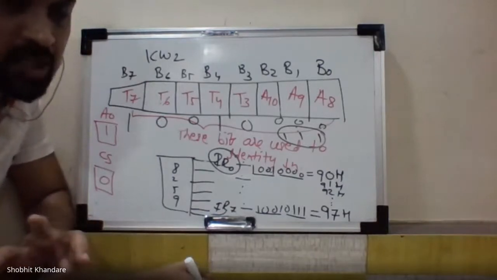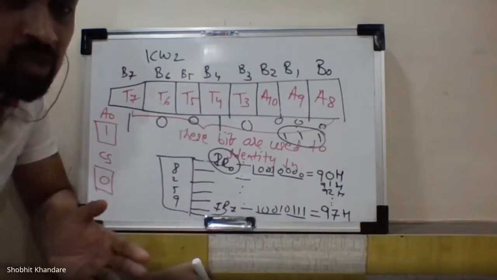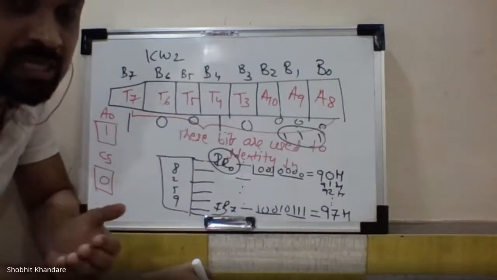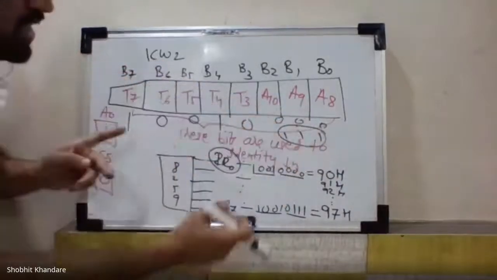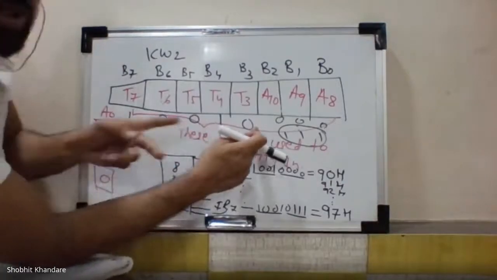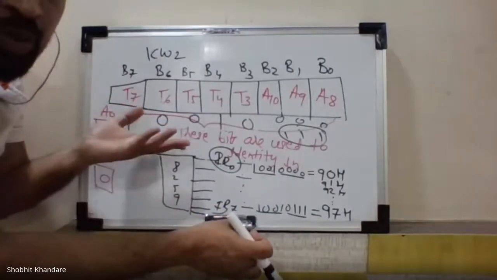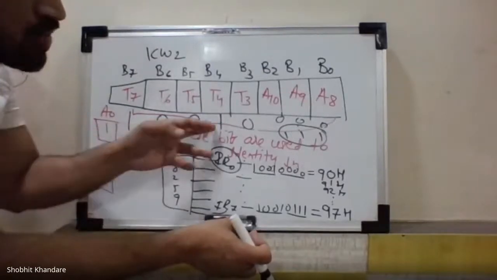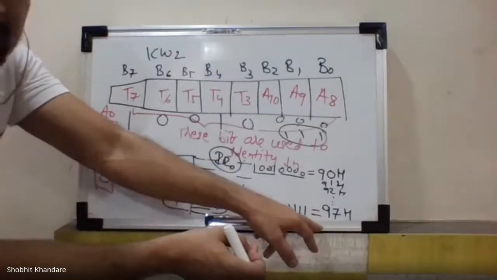Now here, with that respect, if I'm having 64 interrupts in which I have to give them service, I would require 64 interrupt type numbers. How do you generate this interrupt type number? These 3 bits will vary from 000 to 111. Only change these bits. For example, I have taken these bits as 10010, which are programmable. You can put any because it is programmable. Who is programming? We, the programmer. So I have taken 10010. So depending upon that, I have got 90H, 91H, 92H, dot dot dot 97H.